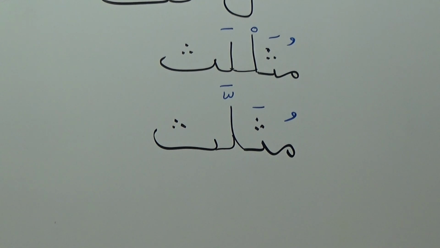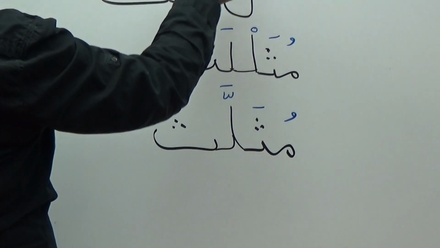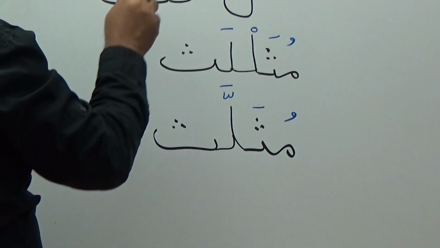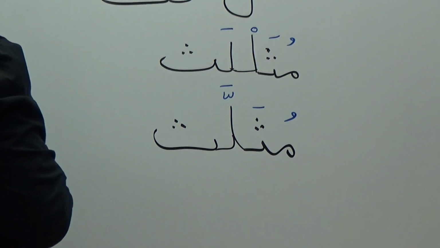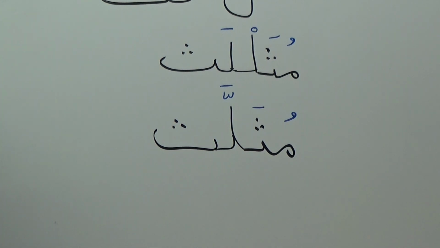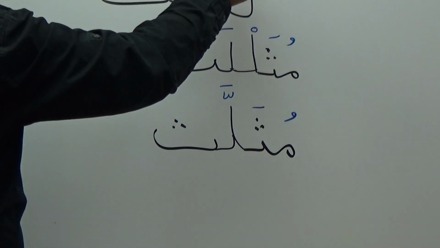Fatha. So it is mutha. Mutha. And we have what after that? Lam. And the lam has fatha and something else. That something else, just consider it not there now. Don't look at it. We have fatha there. So how do we pronounce it? Mutha,